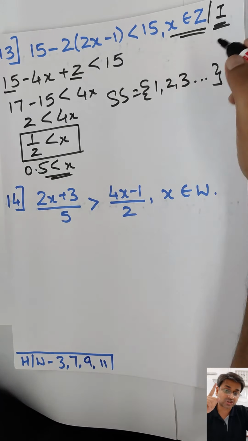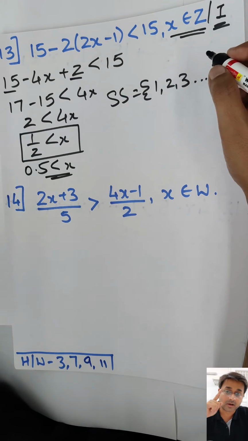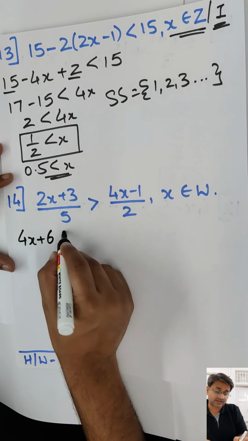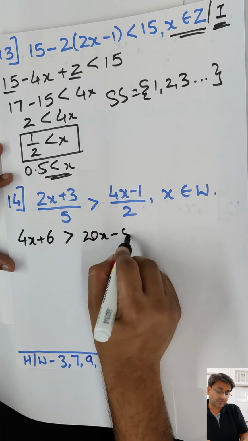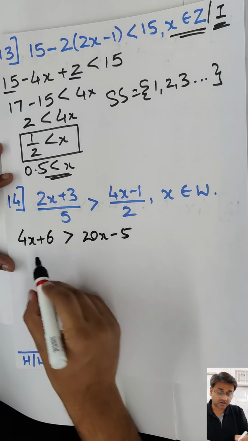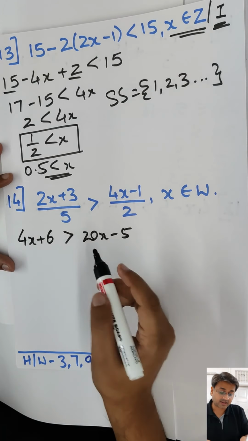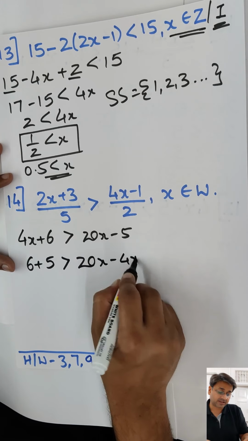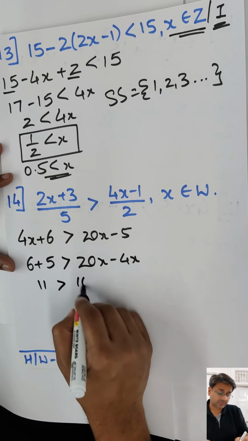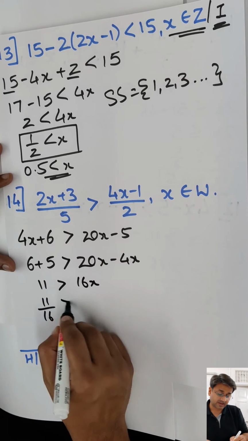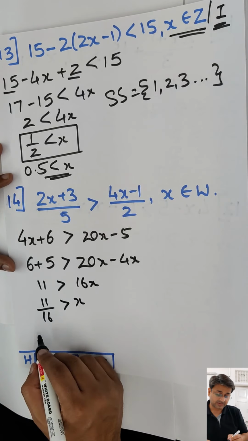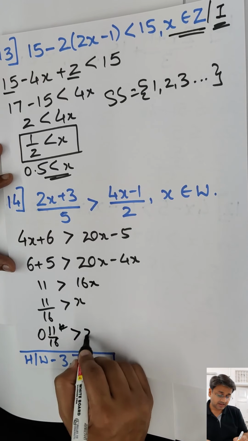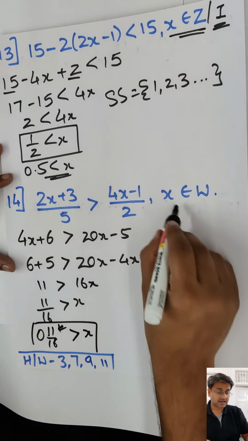Good job. Last question. I want everyone hitting a bullseye on this one. Come on. So cross multiply: 4x plus 6, 20x minus 5. Always x on the positive side. So don't get 20 here, rather send 4 on the other side. So 6 plus 5, 20x minus 4x. So 11, 16x, 11 by 16. So this is going to be 11 by 16 less than x,